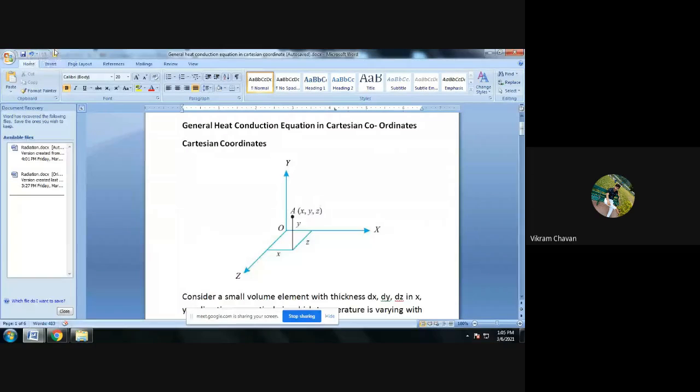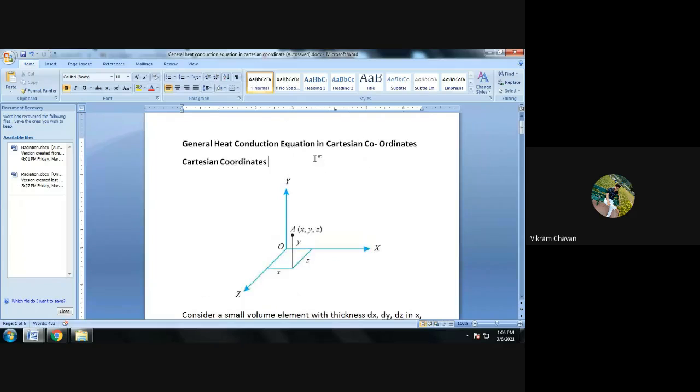Whether my voice is audible and can you see my presentation? Please let me know. You can comment in chat box. Great, great. Okay, so you can adjust your screen. You can rotate your screen and you can use the zoom feature of a screen so that the data on the PPT will be more visible to you.